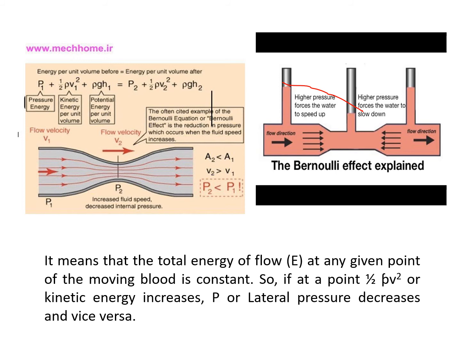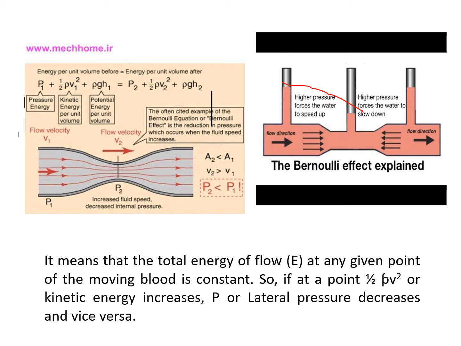What does this relationship mean? At any given point, suppose the velocity of blood is increased. That means the half rho V squared, or kinetic energy component, will be increased. In order to keep E constant, there must be a simultaneous decrease in the lateral pressure, and vice versa. This can be well explained by this